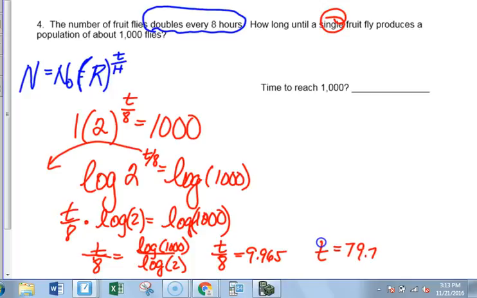Anybody else get 79.7? Okay. Now, I want to tell you something because it's going to apply to the next question. Can we check this real quick? If we did 1 times 2 to the 79.7 over 8,